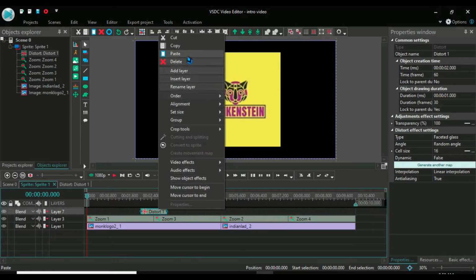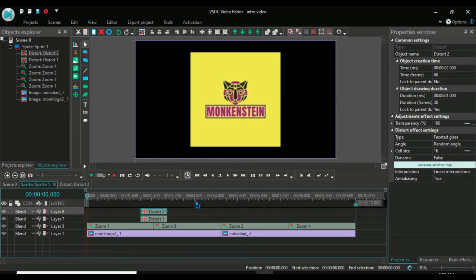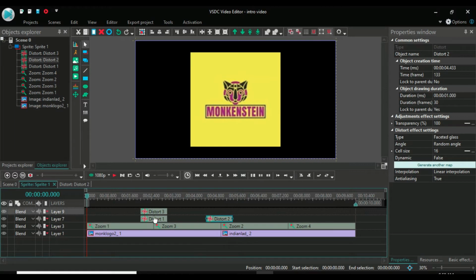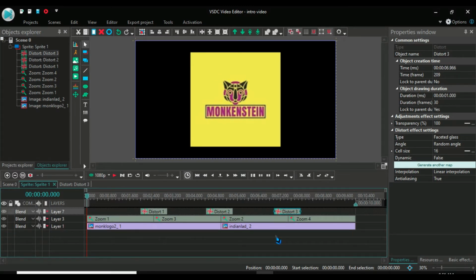Copy, paste, and again I'm keeping it here. Okay, copy, then again I'm gonna keep it here. So in between every zoom there's a breakage, and I'm keeping the distort option there. So the functionality of distortion is also been done.